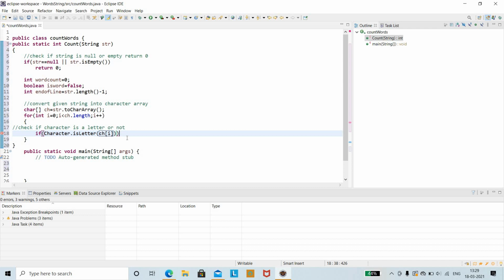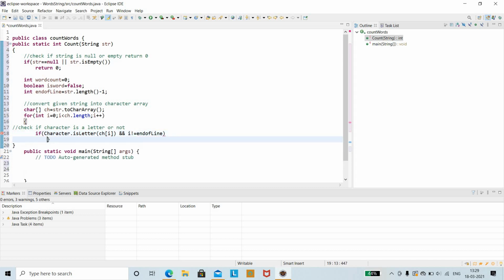And if it is a letter, and i should be not the end of the line, so i is not equal to end of line.